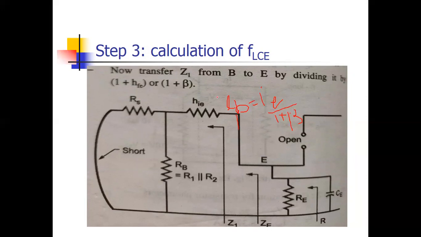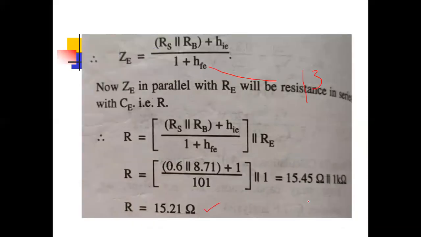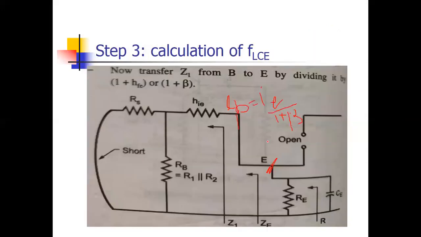That is the resistance on the upper side, and on the lower side there is one resistance RE. So at this node, both resistances will be in parallel. This is your total resistance. Again, listen carefully. That is your emitter terminal. At the emitter terminal, one resistance here is RE, and one resistance above is RS parallel RB plus hie upon 1 plus beta, call it Z. So both will be in parallel: Z parallel RE is the total resistance. Again, I am repeating clearly. This is your emitter, and at the emitter one RE is here. Just remember the short trick: total resistance divided by 1 plus beta. Don't forget it. Otherwise, solve yourself.